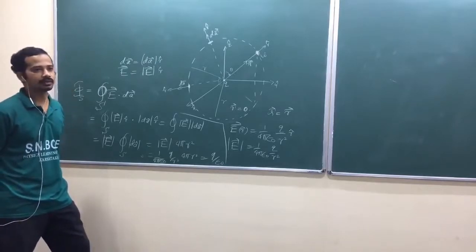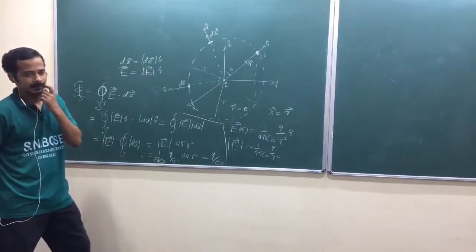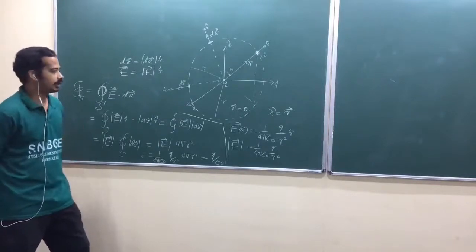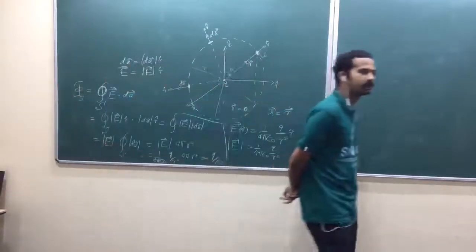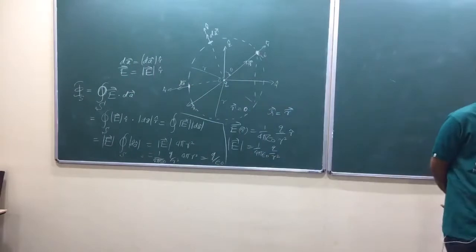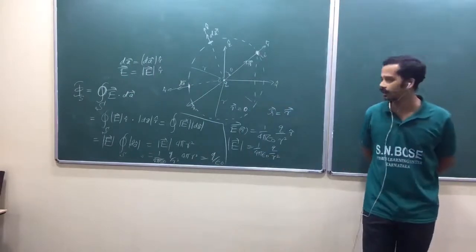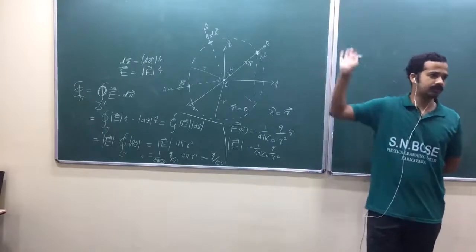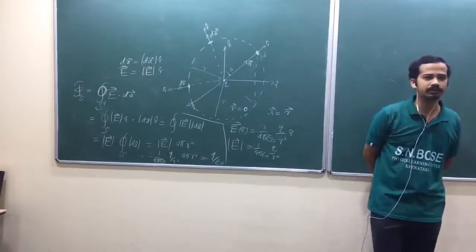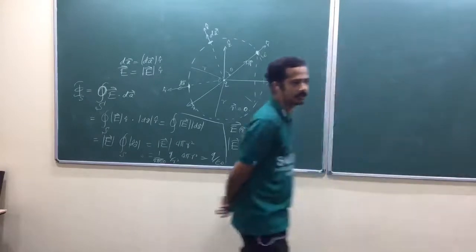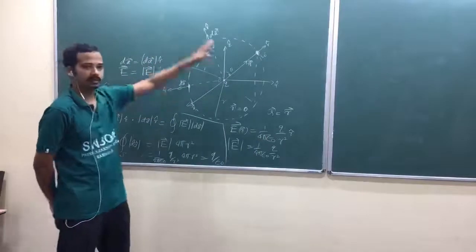To generalize this one, again you need the electric field property. Now I am going to say, if you deform this surface, then also the net flux should be the same. Why? We have taken one idea. Electric field will start from the charge. If there is no other charge, it should end at infinity. Electric field will not terminate in midair. Am I right? So then the shape of the surface doesn't matter.